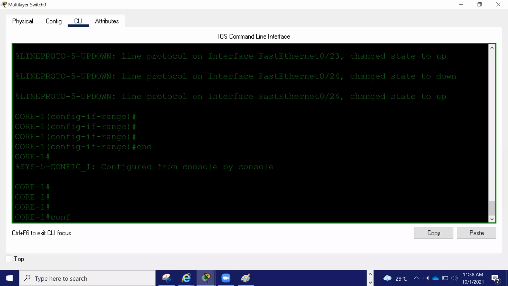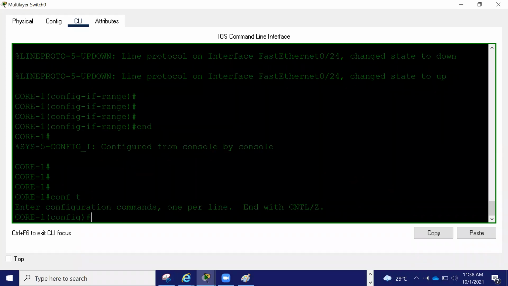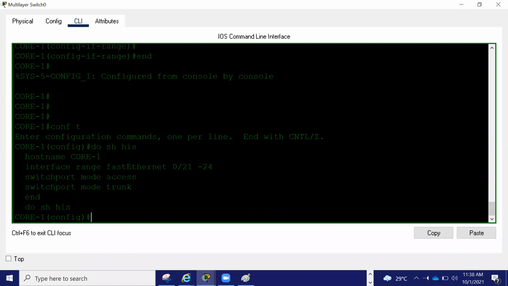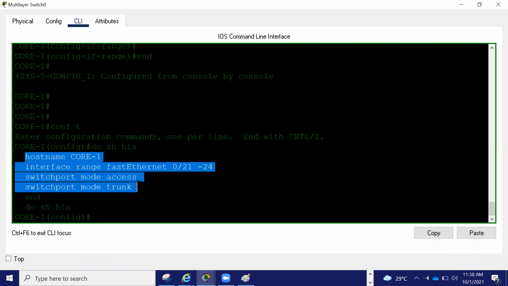Similarly, I can copy that command and put it there also. Do show history. Can you see this? I can copy that.